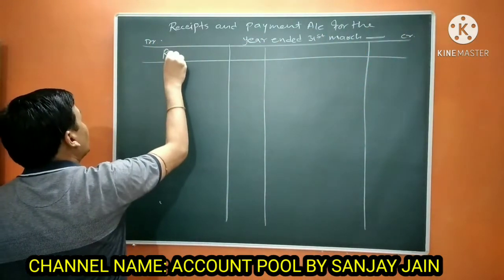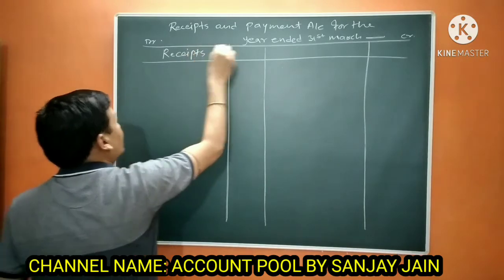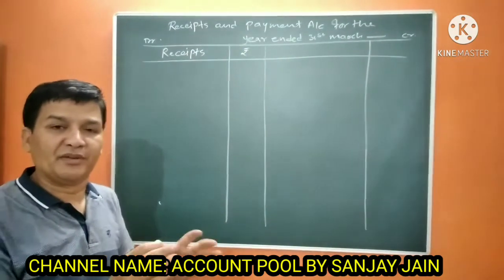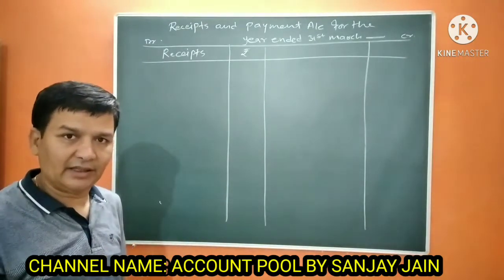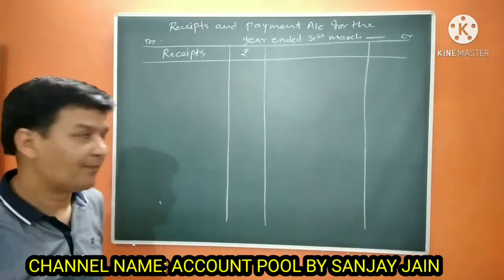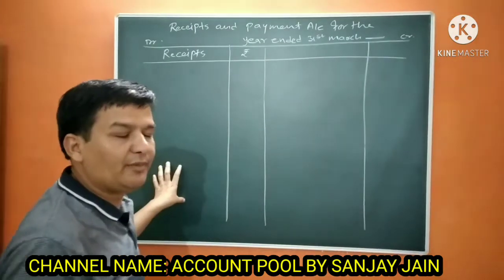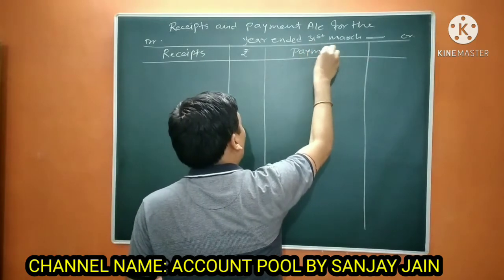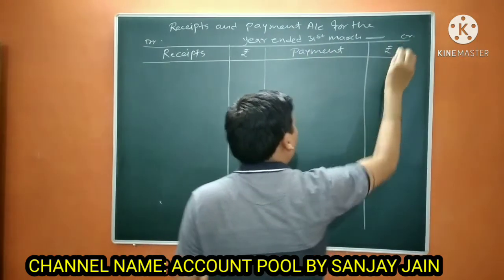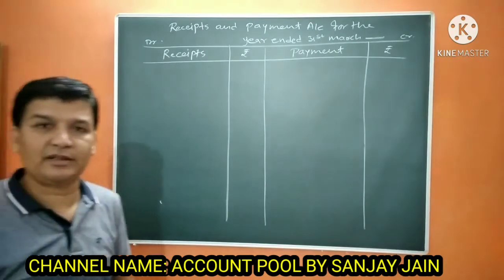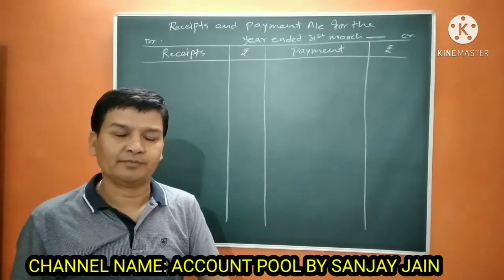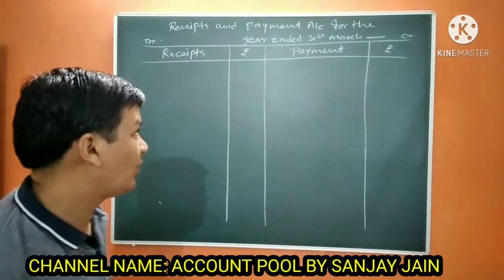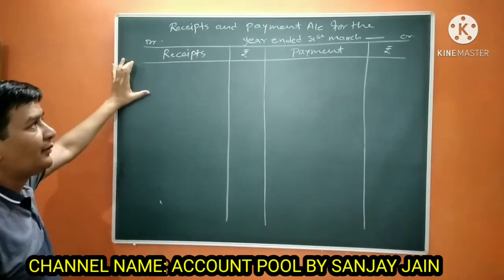These are our receipts. As you know, receipts include any amount received from the previous year, for the current year, or for the next year in the current year. So receipts will include those things. Whereas in payment also we can pay for any year. There are generally 3 years: previous year, current year, and next year, because next year can include 1 or 2 or 3 upcoming years. Okay, we will start with receipt and payment.